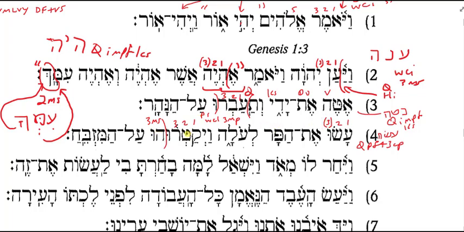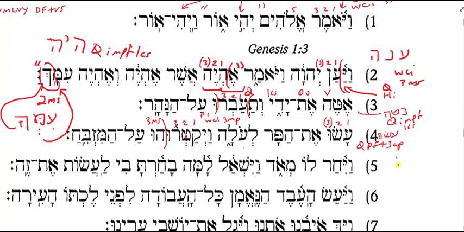Again, there should have been a dagesh forte here inside the tav. I don't know why Russ doesn't have it here. I think that was just a typo. Vaikatruhu. Okay, so should have expected a dagesh forte there. That's what makes this a PL. And the patach under here, under the kof.